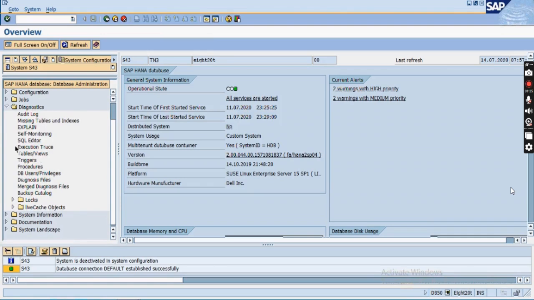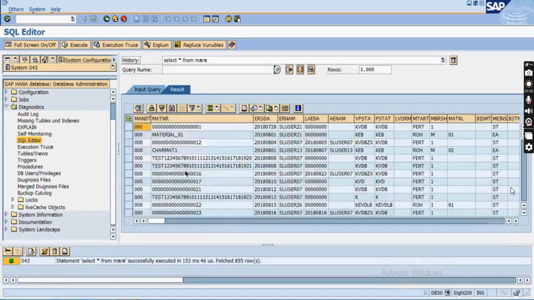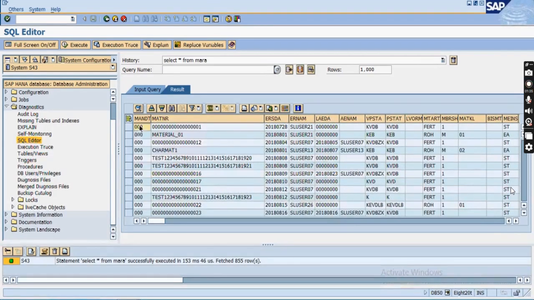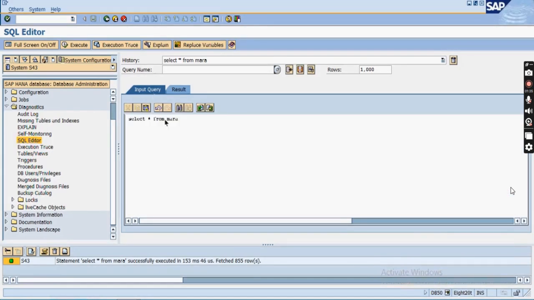Suppose you want to do some native SQL query, so you can go to this SQL editor and you can write the native SQL. I have the HANA database, so select star from, a HANA database specific query, you can write it over here. Select star from MARA, okay, and just press enter, press F8, and here it will get all the data from the MARA table. Because this is a native SQL, it is getting the data from all the clients. You can see the client 000 is there, right? But the current client which we have here is the 800 client, right? So we know that if you are going to use the native SQL, you will have